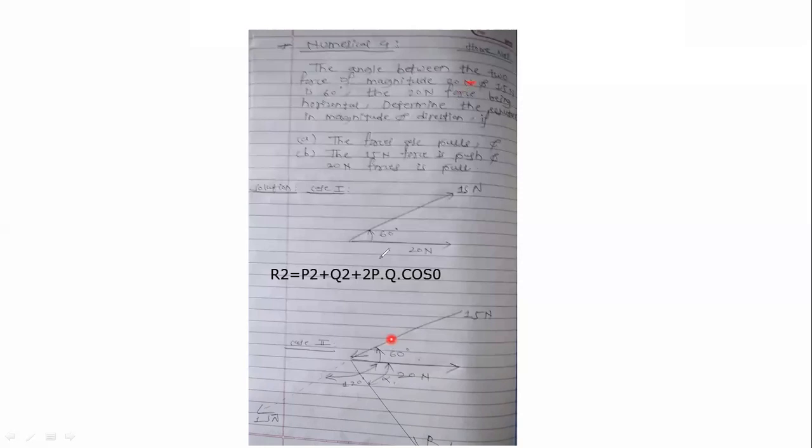Okay. So always remember this: the angle made by the resultant with the horizontal is angle alpha, and angle theta is the angle made by force Q with force P. So this 60 degrees is nothing but your theta. But if this is your resultant R, then the angle made by the resultant with the horizontal axis is nothing but your alpha. Remember this. These two things are important. Okay.